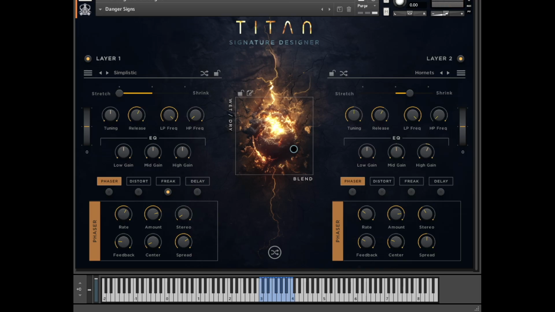So as you can hear, there's thousands of combinations that you can make between the two layers, and then with automation on the XY pad and the stretching, you can really create an unlimited number of signature sounds for your pieces. And then combining that with all of the onboard effects, especially the Freak option that just makes some weird modulations, you can really come up with things that will set your track apart and define your sound